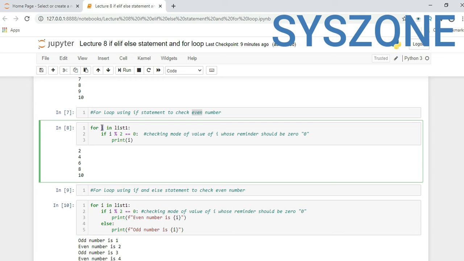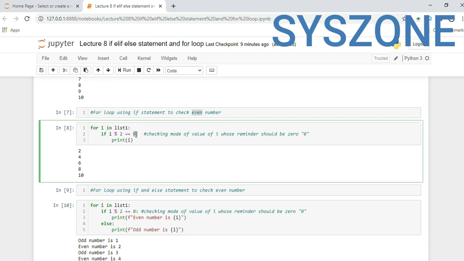If you see here, the loop for i in list1 has no change. Now inside it, when it picks the first value, we put an if condition: if i mod 2 equal to 0. It will check the remainder after dividing by 2.